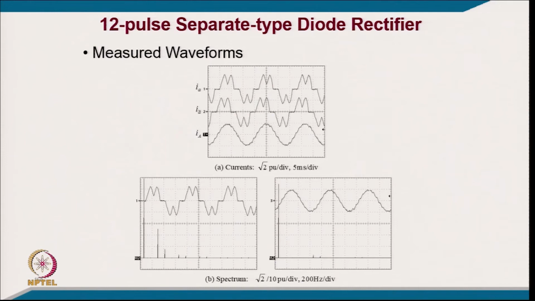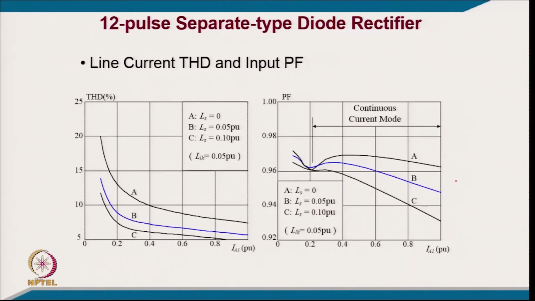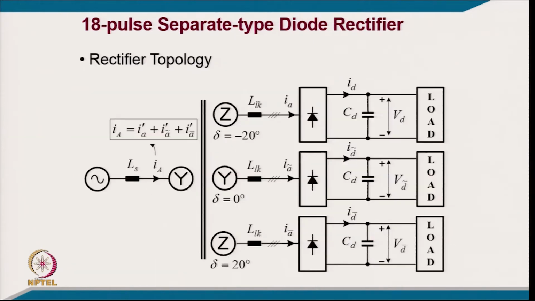So, the measured result you can see it is like a 6 pulse, and you are getting typically here, by adjusting the leakage reactance, and these are typically 6 pulse and this is the 12 pulse also. And you can see how the leakage reactance is affecting the THD. It is going quite low in that case, but the power factor you get is a little poor because of the effect of this transformer leakage reactance as a source inductance, which causes an overlap angle and causes some reactive power on the supply system, and this is typically for 18 pulse, but